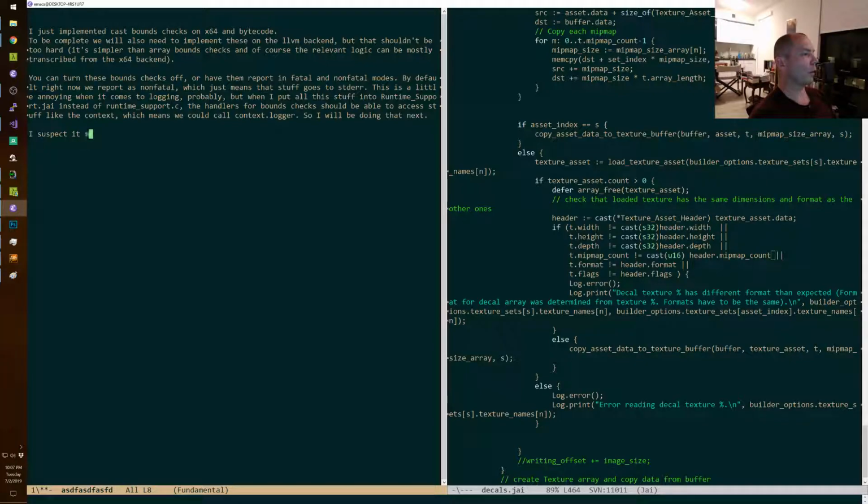I suspect it may be a good idea to wait a couple of days on the LVM version until this switch over happens.